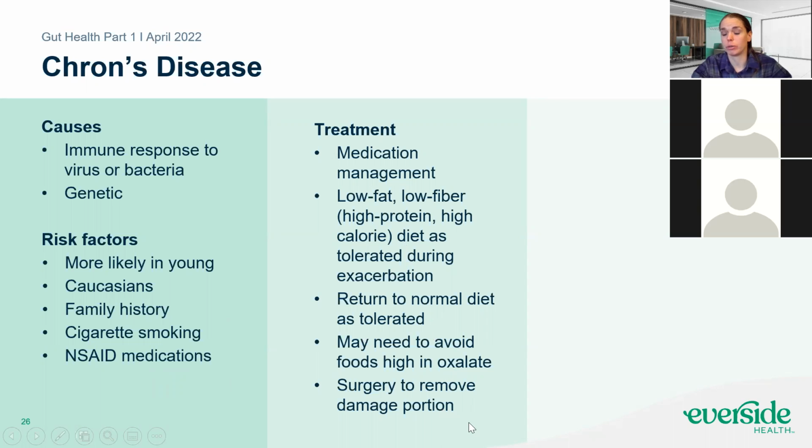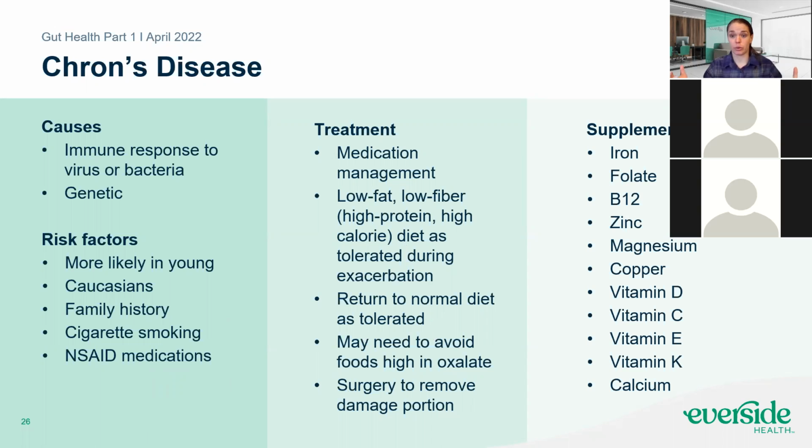Sometimes they will do surgery to remove damaged portions of the intestines if you're having a really hard time. Supplements. So again, your GI tract's severely implicated with this. You have a lot of inflammation, a lot of problems, and depending on your growth requirements and how functional your GI tract is with all of these structural issues going on, what medications you're taking, if they've had to take out any part of your intestines, you might need some more nutrients: iron, folate, B12, zinc, magnesium, copper, vitamin D, vitamin C, E, and K. Vitamin K is especially,